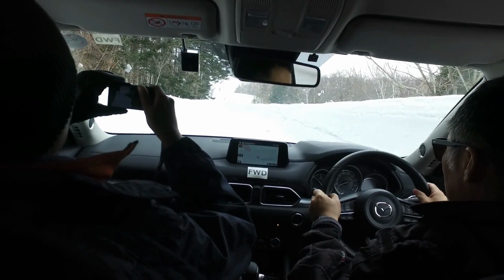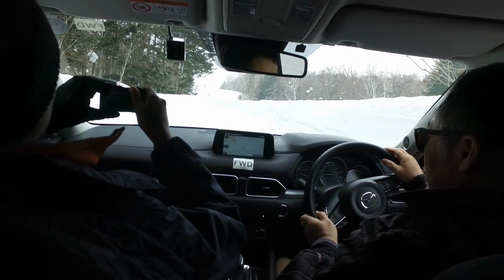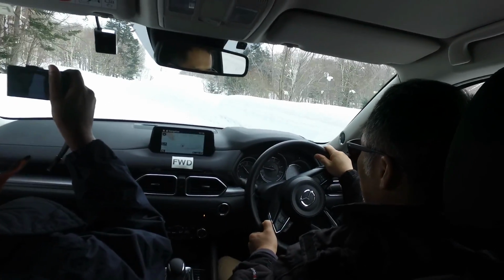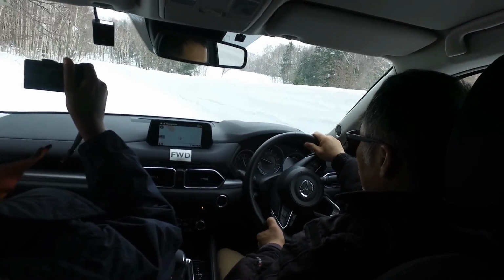Beautiful weather this. Front wheel drive starting on a slope of 10% or 10 degrees? 16 here. Alright. You see, there's a bit of slippage at the front wheels. And you can see on the meter the traction control all the time activating. So it's actually the traction control kicking in to stabilize the car. Try to, but